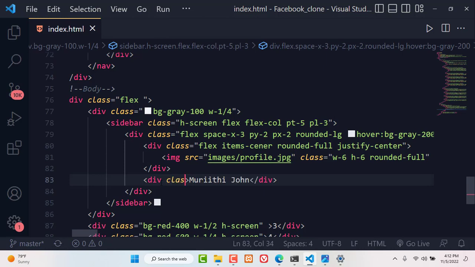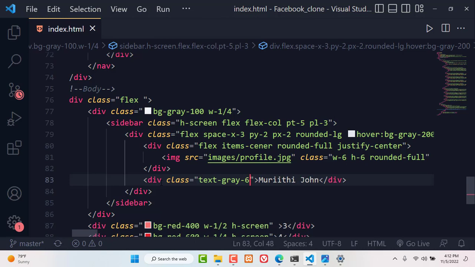So I'll come and add the class to this specific username here, and the first class that I need to add here is what we call the font color. So we're going to talk about text. This should be gray, and should be 600,